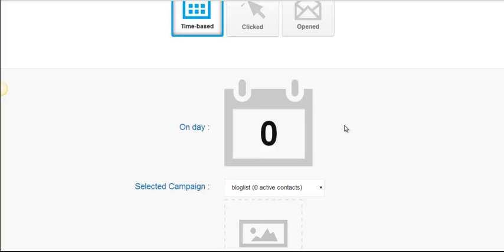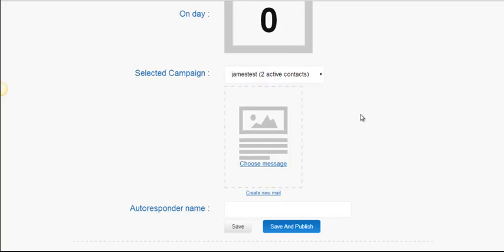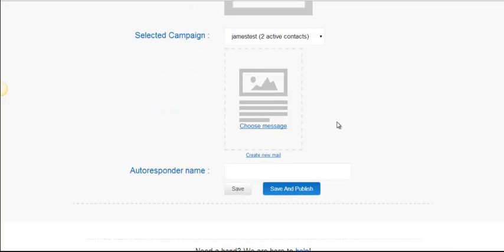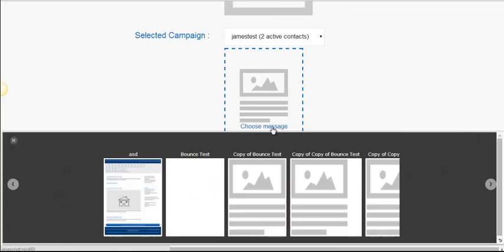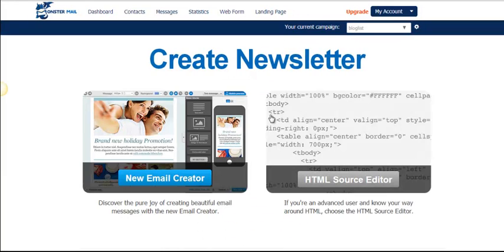So let's stick with 0, means that it'll be sent out immediately. And then we're going to select which campaign that we want this to work for. We'll just choose James Test. And then from there, I'm going to go ahead and choose my message or create my own message. Now, to choose a message, you would just select one from the previously built library, or you would click on Create Your Own. After you've created your own,